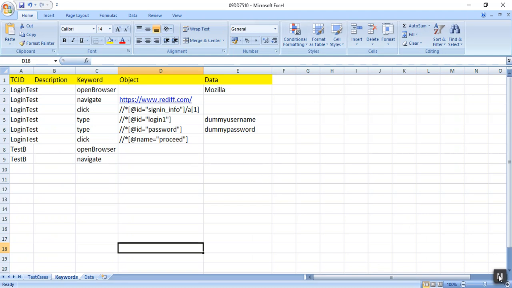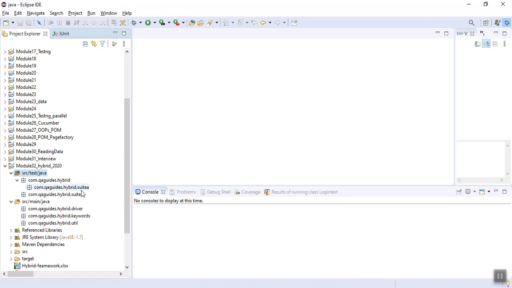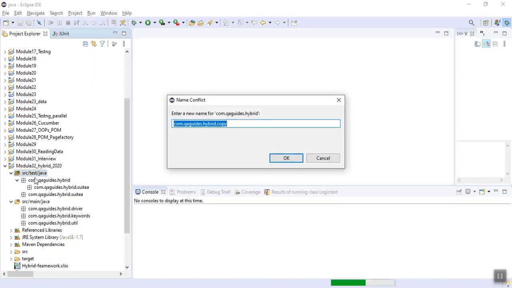I have to just rename it. I am creating a new package under it, that is suite A. And I will create a new package known as suite B also.